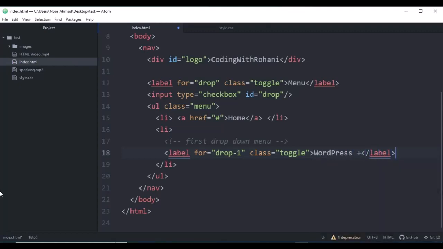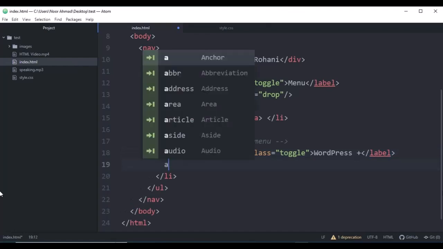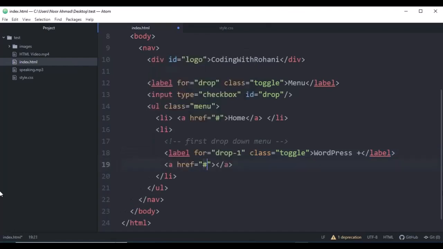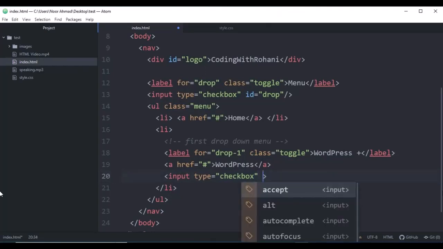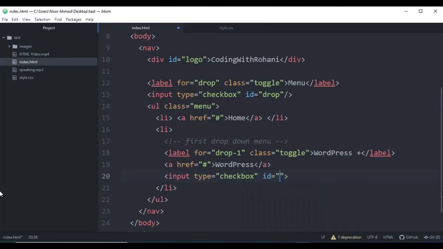So here we go. Now after this I'm going to create a label element, and let's add WordPress here, and after this let's create an input. So the type will be checkbox, and let's remove the name and value attribute, and inside of these attributes I'm going to use the ID attribute. So ID will be drop-1,